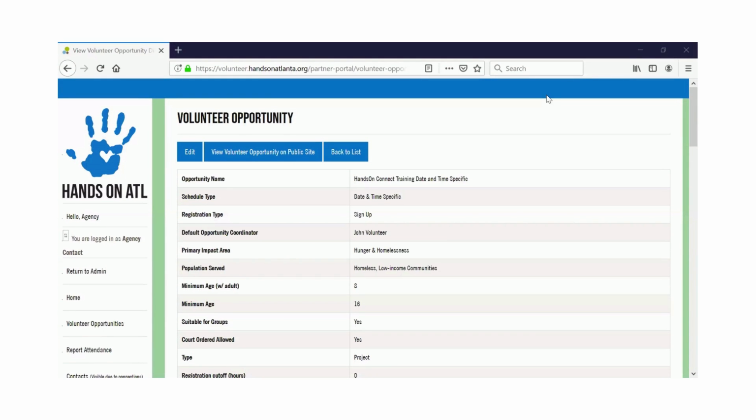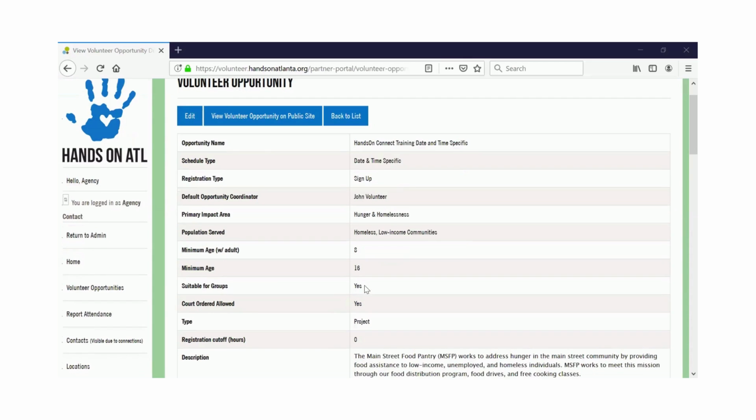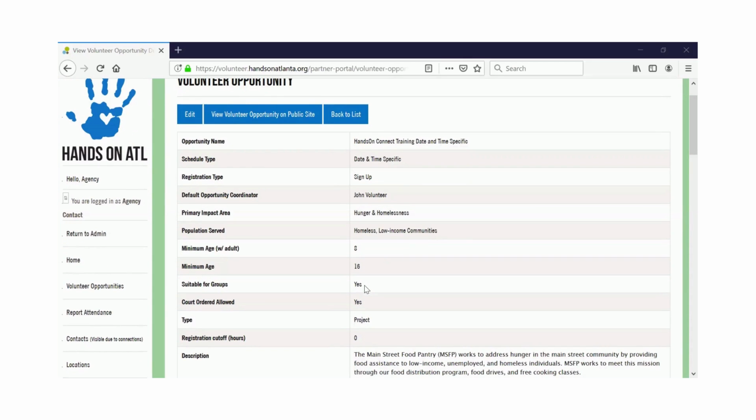Hello, so this is a video on how to see which volunteers have signed up for your project and how to communicate with them through the Hands-On Connect portal. When you have your volunteer opportunity posted on the Hands-On Atlanta website, you're starting to get emails that volunteers are signing up for the project. You can see how many volunteers have actually signed up and their contact information, as well as communicate with them